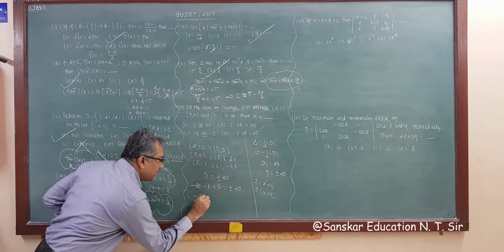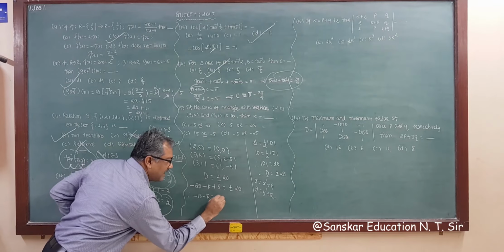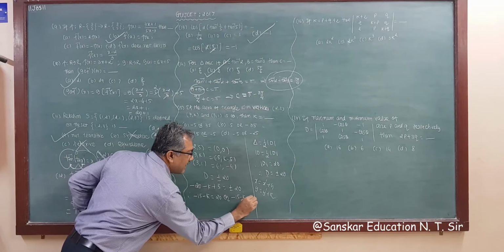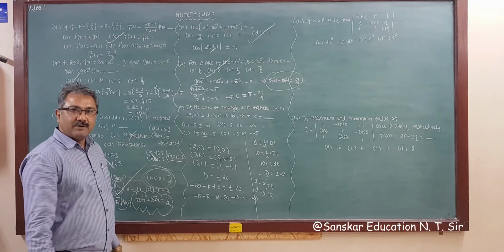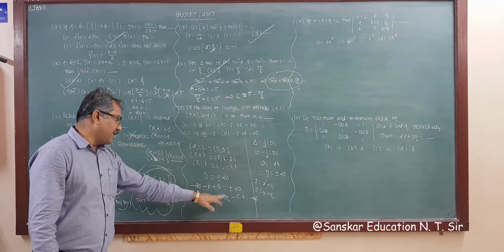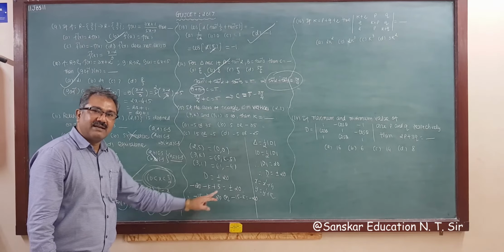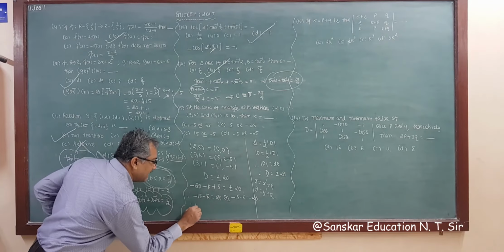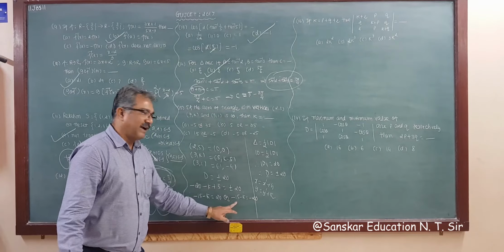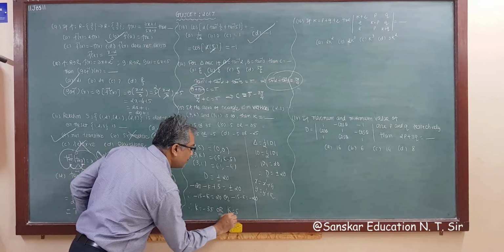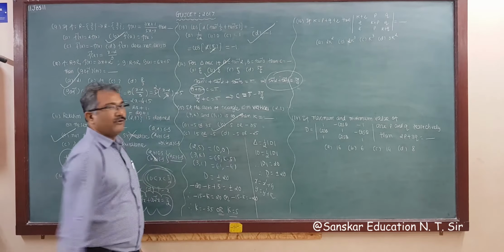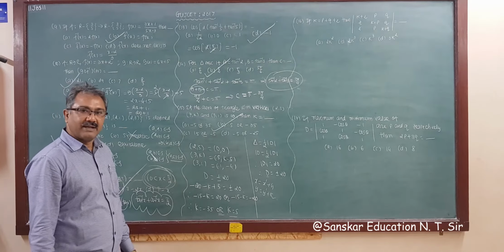So minus 15 minus k is equal to either 20 or minus 15 minus k is equal to minus 20. Now simplify this. If we take minus 20 to here, this becomes minus 35. K goes to here, so k is minus 35, or from this, what is k? 5, right? So k is equal to 5. So your correct answer will be option B, 5 or minus 35, right?